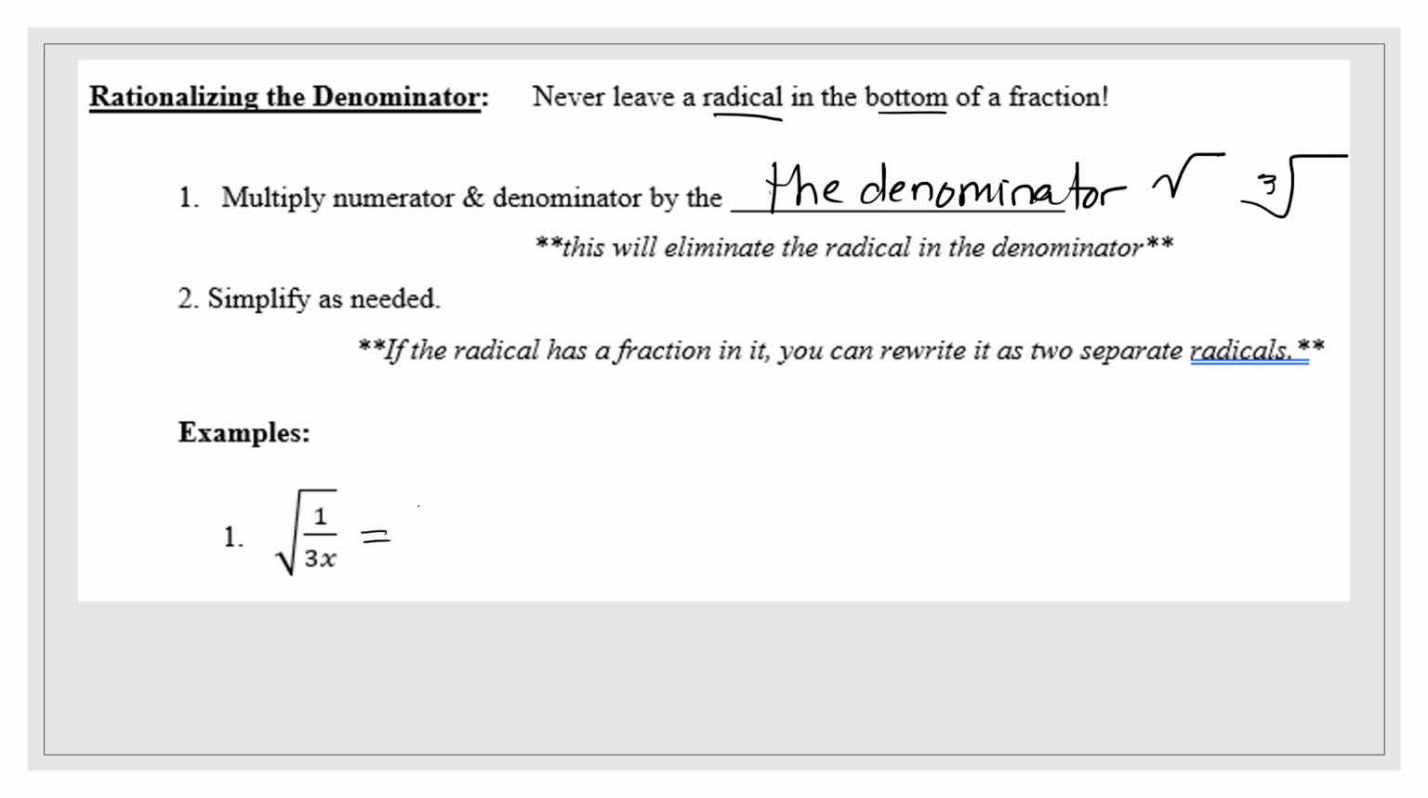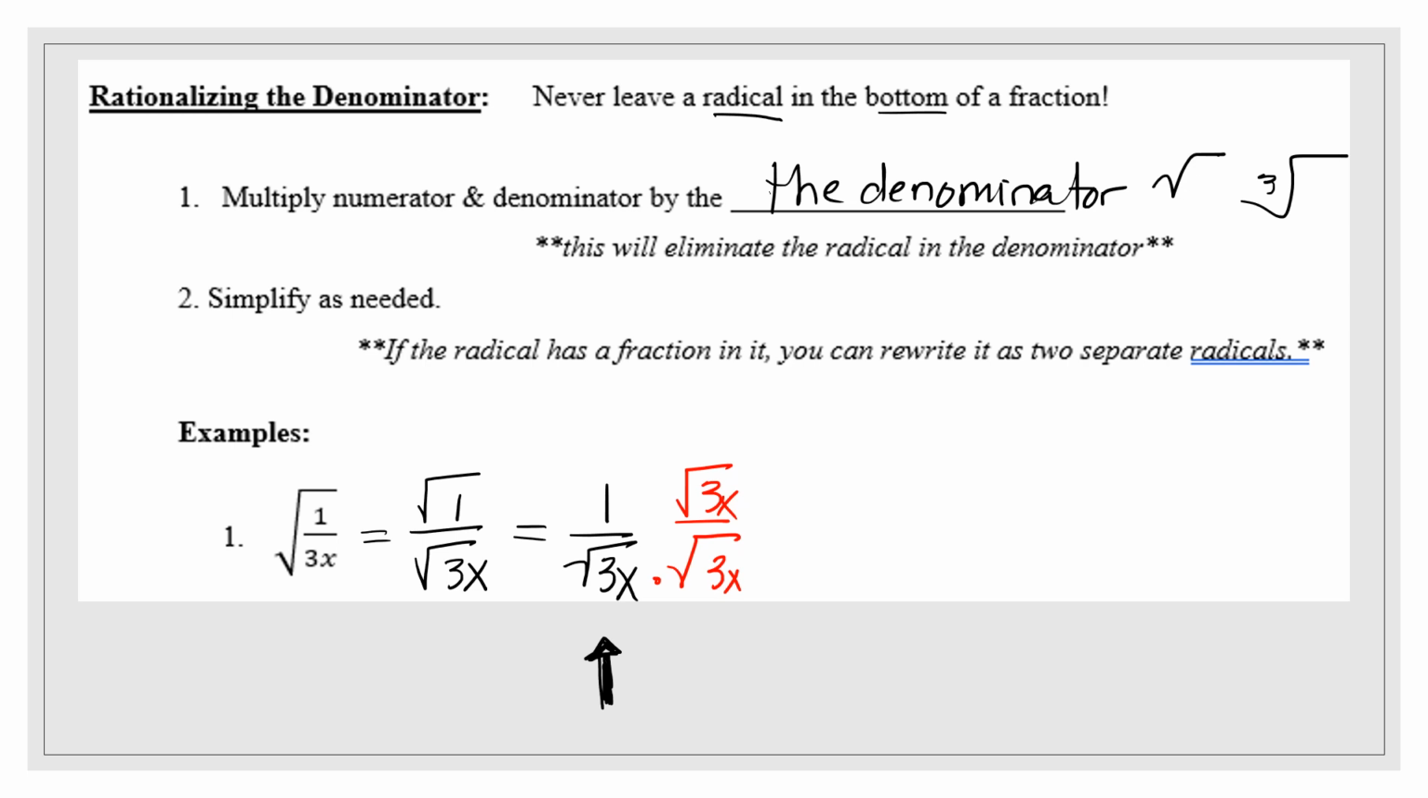I'm going to simplify this to be the square root of the numerator divided by the square root of the denominator. Now we know the square root of 1 is just 1. So if you'd like to go ahead and simplify that, you can. So it'd be 1 over the square root of 3x. The square root in the denominator is a big no-no in mathematics. So we need to multiply by its square root, the exact same thing,